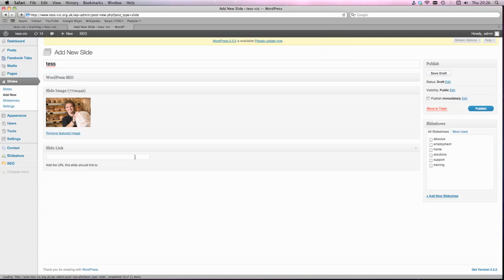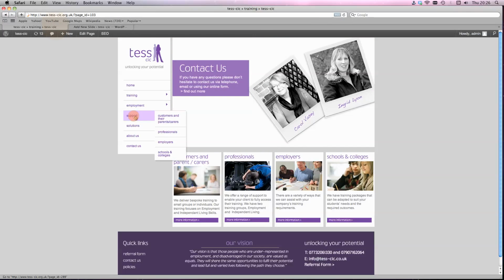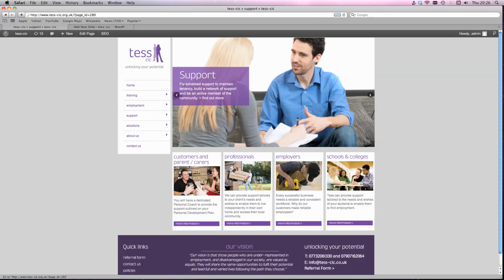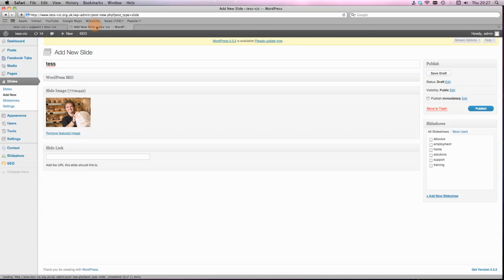The slide link, you have to find out where you want to link it to. So for example, I want this slide that I'm going to do to link to the support page, for example. So basically I want this to link to this page. So all I need to do is go to the top into the browser address bar, copy that address URL and paste it into the section there. That basically tells me that this banner is going to link to that address,